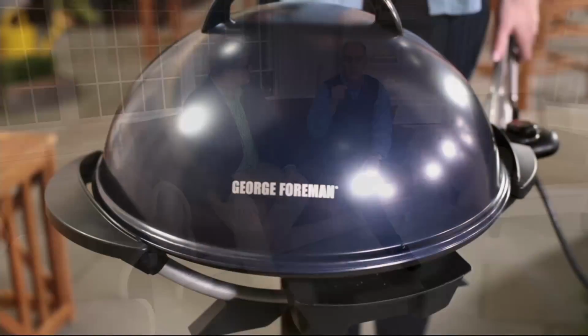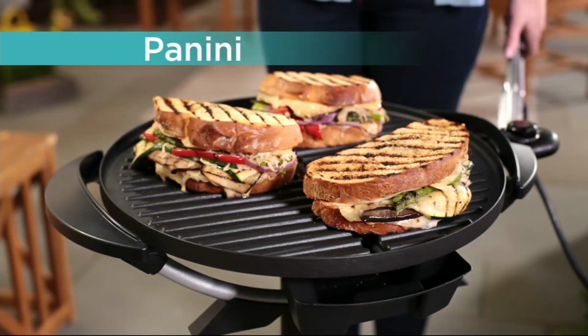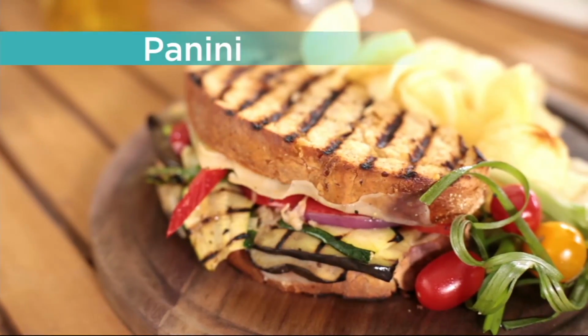Now it works. Coming up, we're going to talk about today's special value, the idea of being able to grill wherever you want. This is the largest George Foreman indoor-outdoor grill that I ever remember. We've never done an